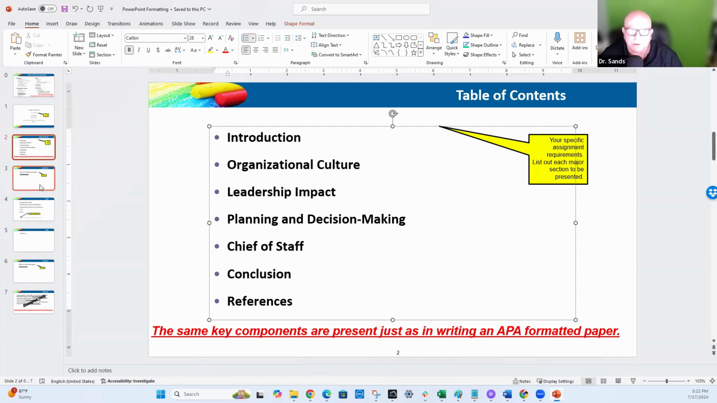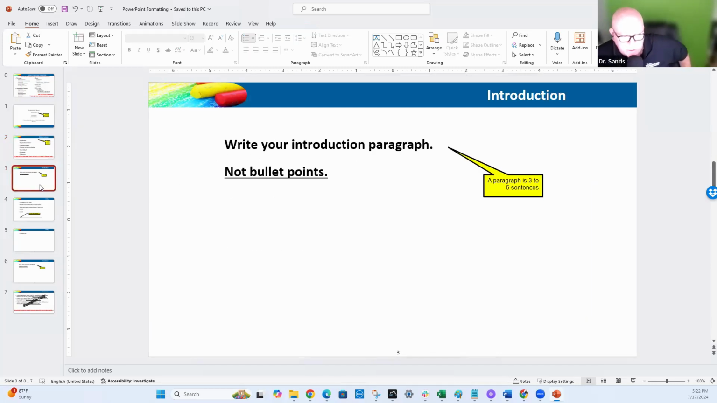All right. So then, we're going to go to introduction. Introduction is like an introduction on a research paper. There are no bullets. It's a paragraph. It's a normal introduction like you would write on a research paper, and it's just 3 to 5 sentences. So whatever you write for your introduction,